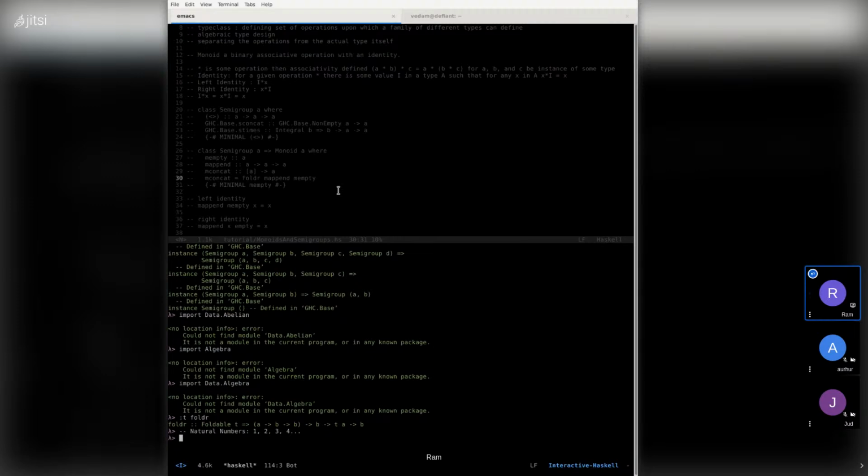But since there's no 0 in the natural numbers, by that definition it cannot be a monoid, because under addition the identity for the non-negative integers is 0.